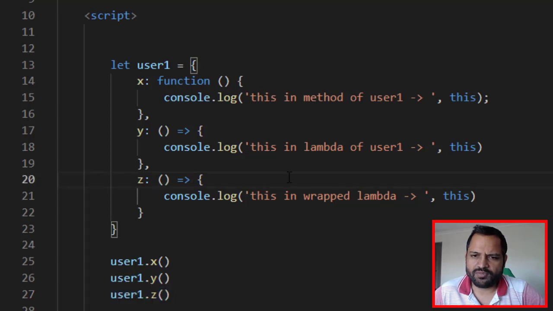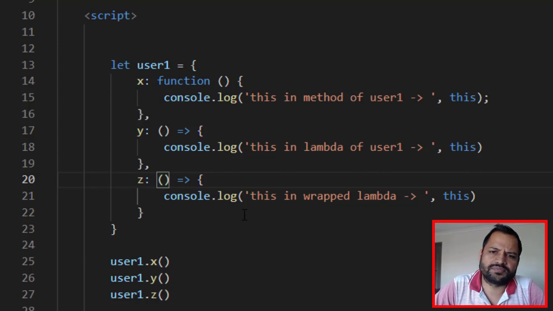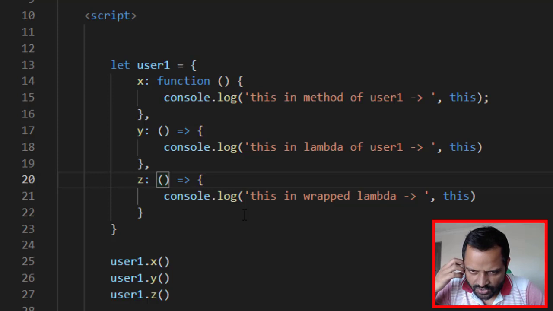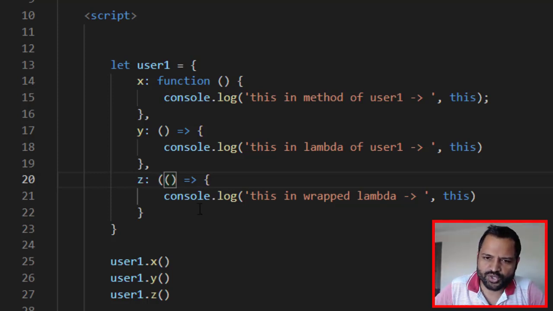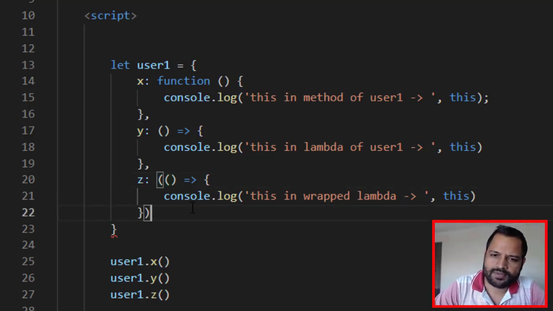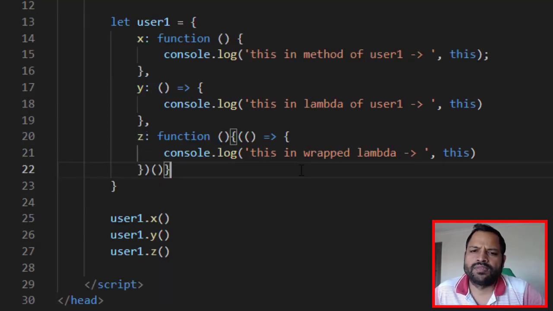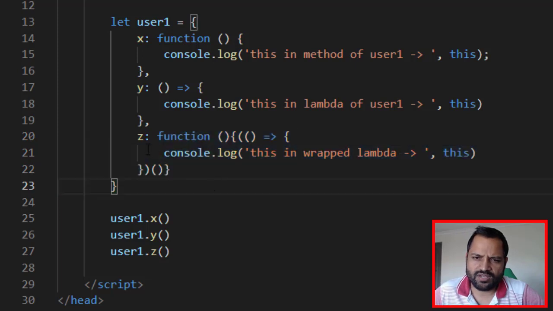But if you want to make it point to the user1 object, you can do that using an immediately invoked function expression. So we are going to invoke this particular function immediately. Just put this thing in parentheses and then call this function. So you can wrap the function, immediately call it and put it inside another function. That way, if you call z now, this will refer to the user1 object. So if you run it now,